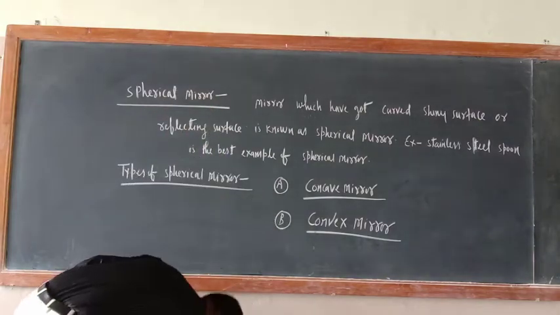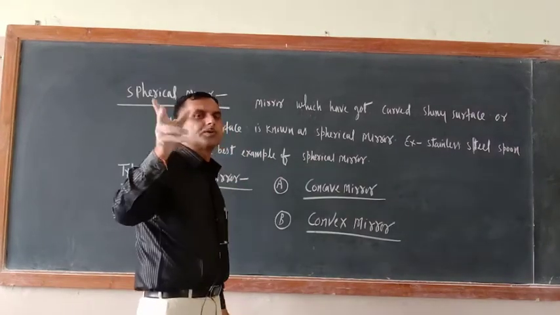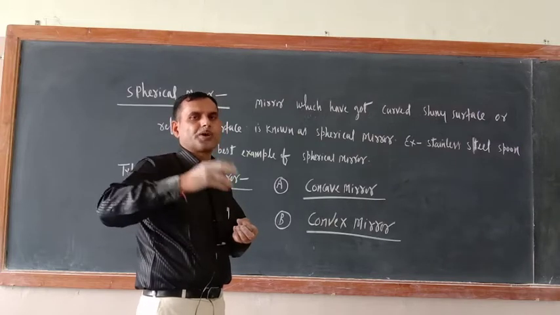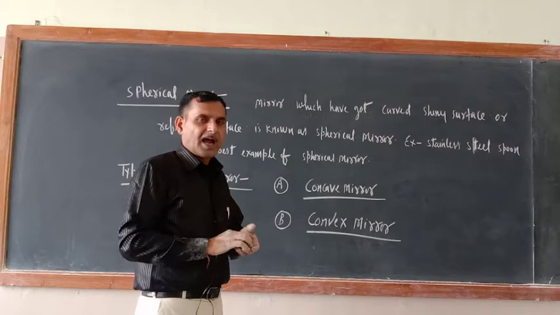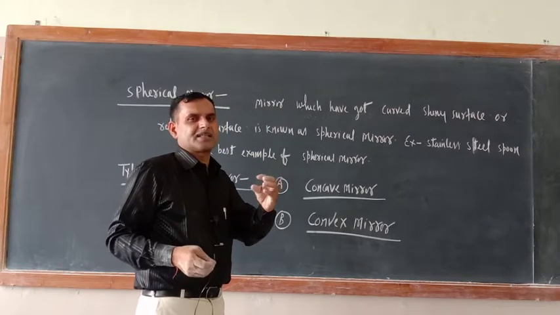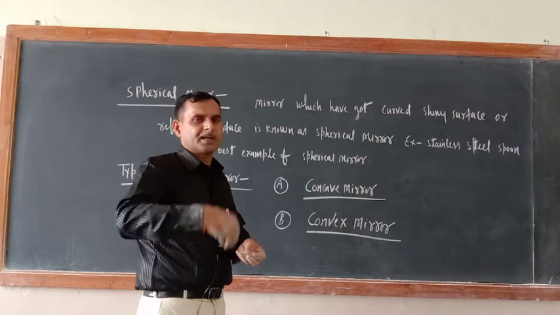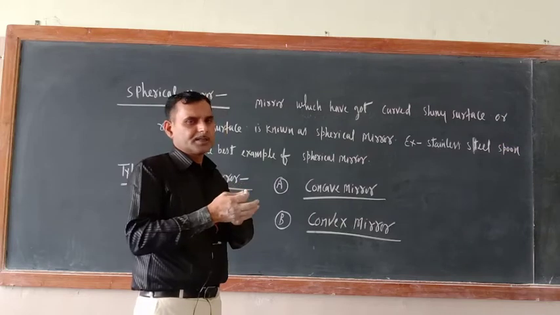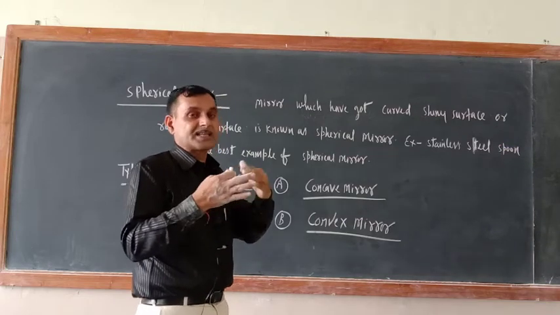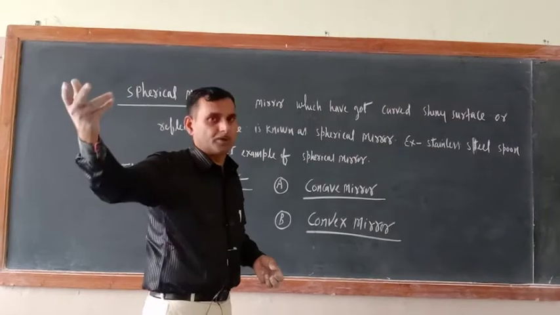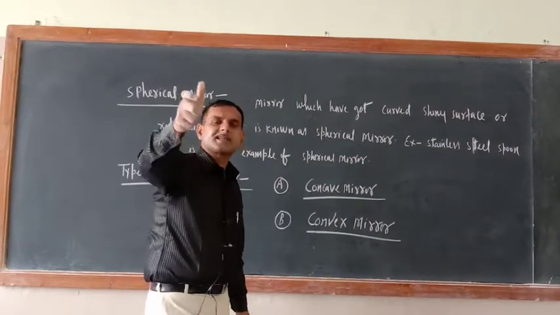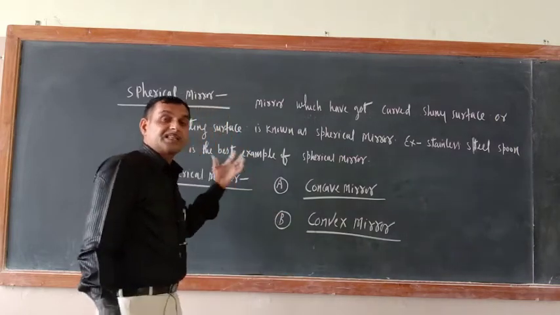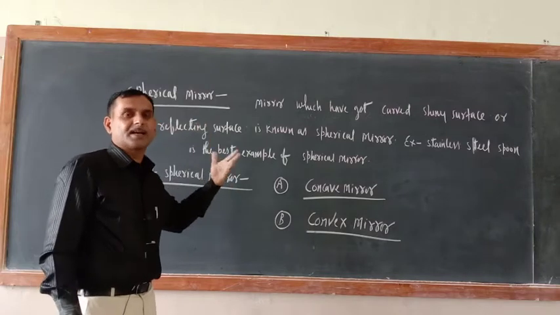Okay. You might have seen in stainless steel spoon two surfaces there. One is the outer surface, that is protruding out, means bulge is there, and inside what is there? Cave like structure is there. Cave, from where you are getting the milk, sugar, whatever things. So two types of curve is there. One curve is cave like, other curve is bulging out. Okay. So entire structure of stainless steel spoon is known as spherical mirror. This can be used as a spherical mirror.